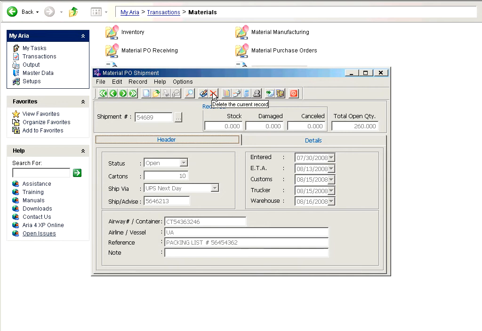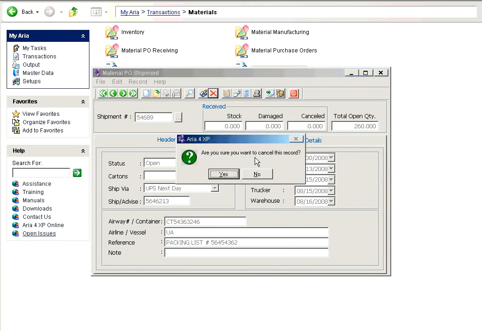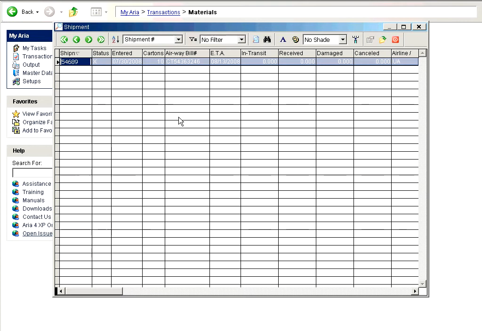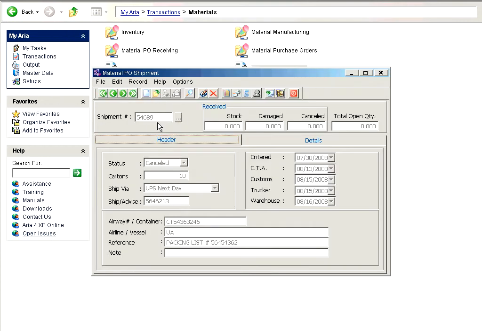And if you would like to remove or delete the shipment, you will use this button, and Aria will ask, are you sure you want to cancel? You say yes, and we're done. The status, of course, on this shipment is now